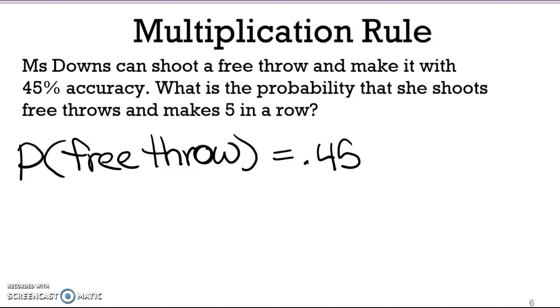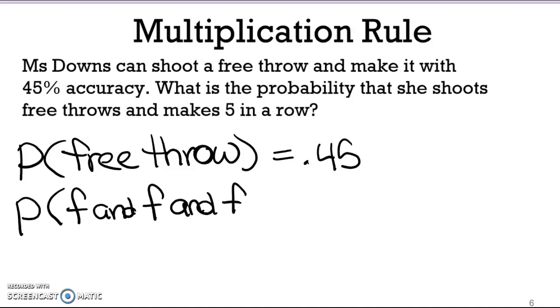Well, 5 in a row means making the first and the second and the third. So this is an and probability where I'm looking at making a free throw and another free throw and another free throw and another free throw and another free throw. Now, for this problem, we're going to assume independence. So let's assume that every time I shoot a free throw, I have a 45% chance of making it in. Now, I know you could argue, well, you're going to get better as you go along, but let's just, for the sake of the problem, say, no, I have a 45% chance of making it every single time I shoot,